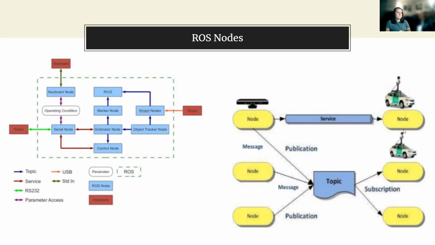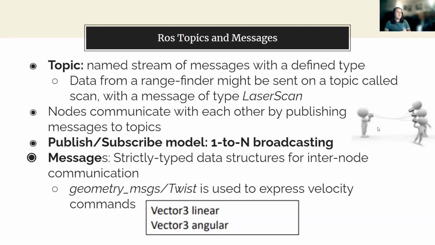Okie dokie. All right. So next, the second, in my opinion, most important thing in ROS is a topic. Topics are named streams of messages with a defined type. That can sound confusing at first, but this example might help. Data from a rangefinder, which is kind of just like a laser that spins around, might be sent on a topic called scan, that will be the name of the topic, and the message has a type of laser